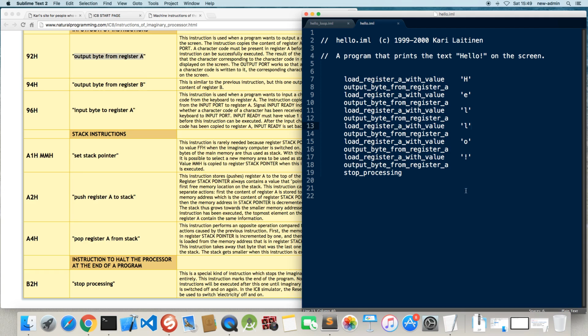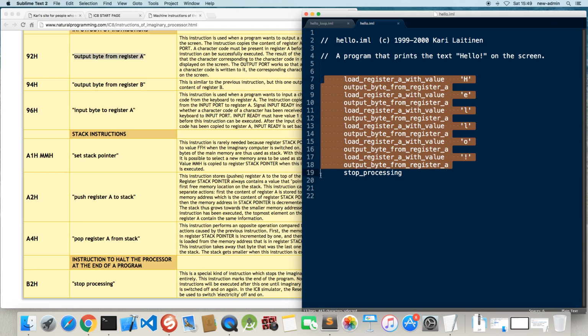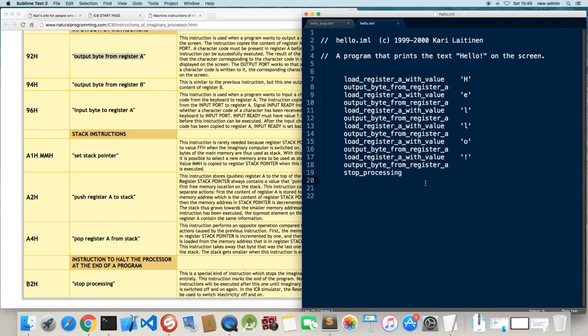And also, as in real programming languages, there are comments in this program. The lines that start with a double slash character are comments and they are ignored, they are not part of the actual program. These lines are the actual program here. These sentences or phrases